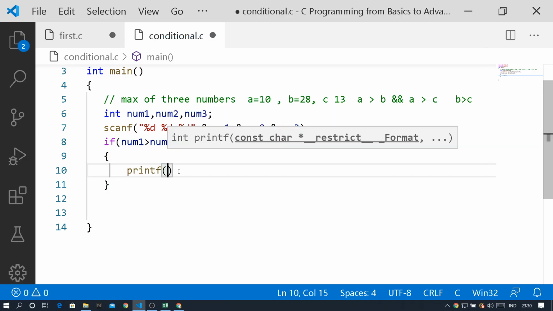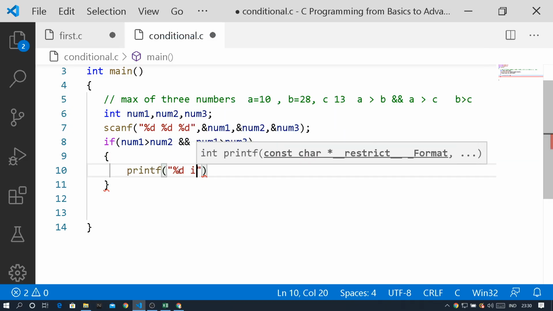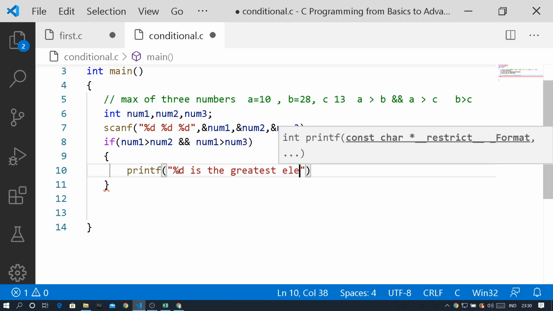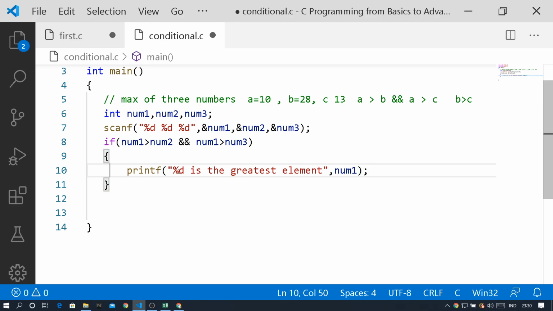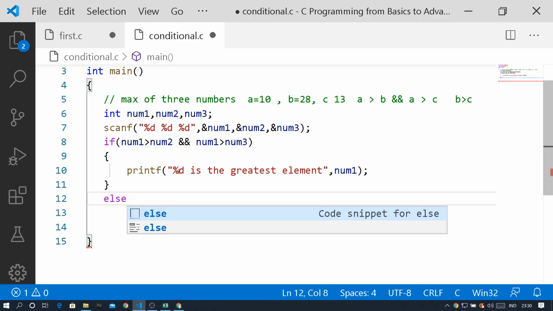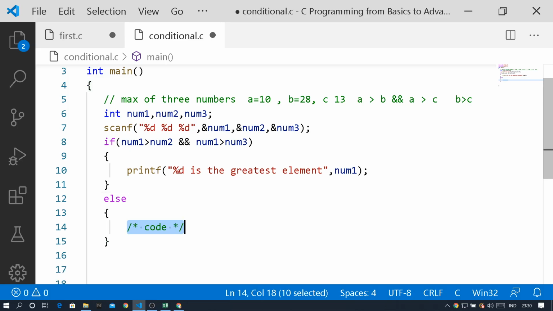So if this condition is true, we can print that %d is the greatest element, and instead of %d, I have to give num1, because num1 is the greatest element. Then otherwise I have to go for else. Again, inside else, I need to give one more if. So I will show you two ways of writing it. Inside else, if this condition is not true, I will enter this else and I will check whether